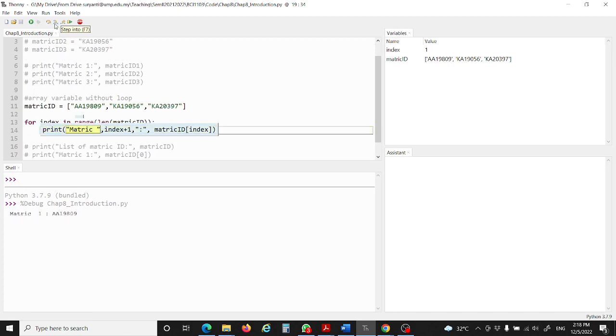Next, it will loop to the second looping, which is index 1. So now our index will be index 1. 1 plus 1 will equal 2. Metric ID index 1, we refer to the second element, which is KA19056. So we will print that one. Now here is the output for the second element. Next we move to the next loop, which is index 2. So again 2 plus 1, 3. Metric ID index 2